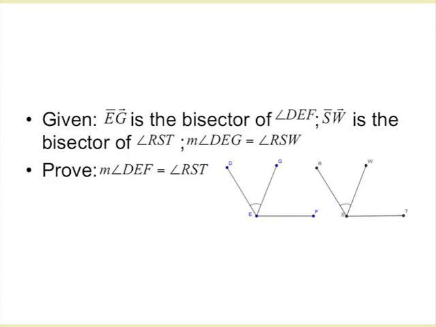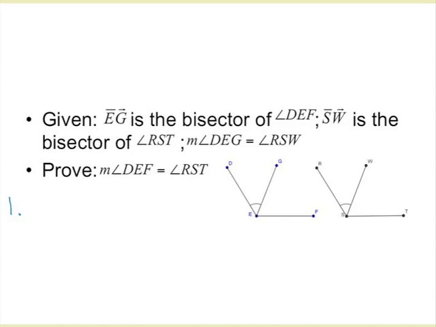So here we're asked to prove something. We're given that EG is the bisector of angle DEF and that SW is the bisector of angle RST. And also that DEG is equal to RSW. What we want to prove is the whole of DEF is equal to the whole of RST. So a good place to start is with a given. Now this given has a lot of information. There's really two different types of information. There's two statements about bisectors, and then there's a third statement, a second type of statement that's about equals or